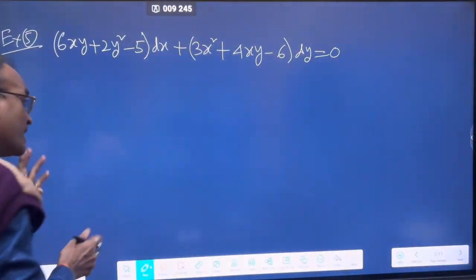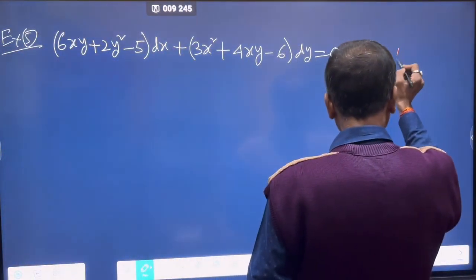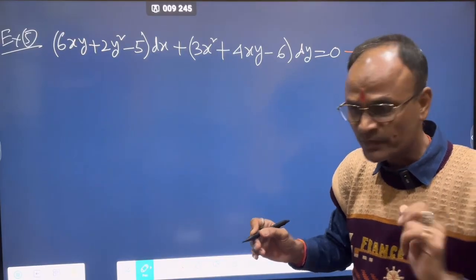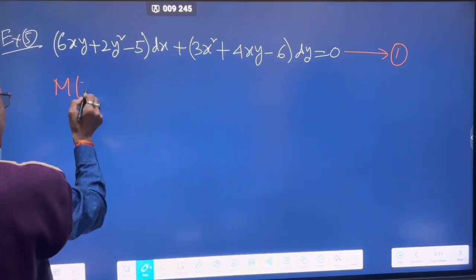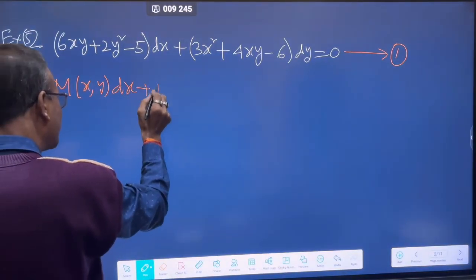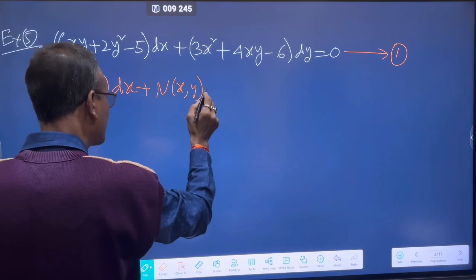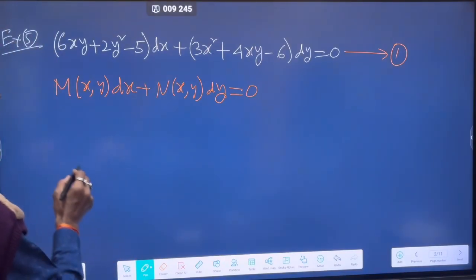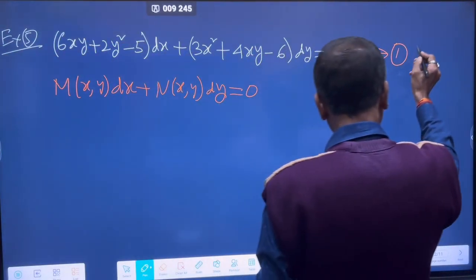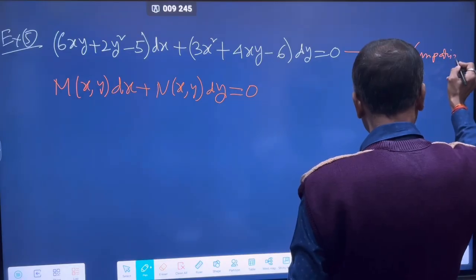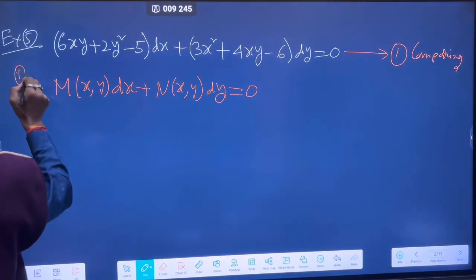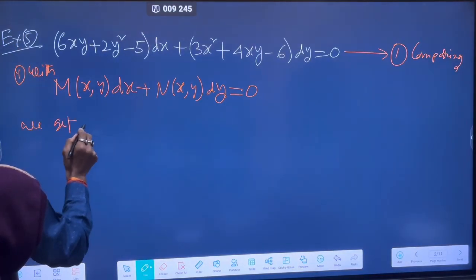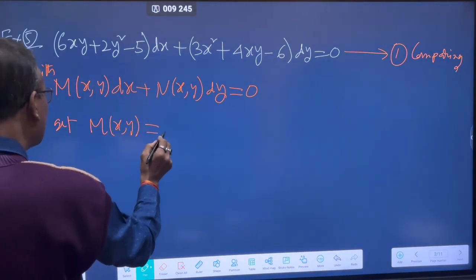Suppose this differential equation is number 1. Compare this differential equation with M dx plus N dy equal to 0, where M and N are functions of x and y. Comparing 1 with this, we get M equal to 6xy